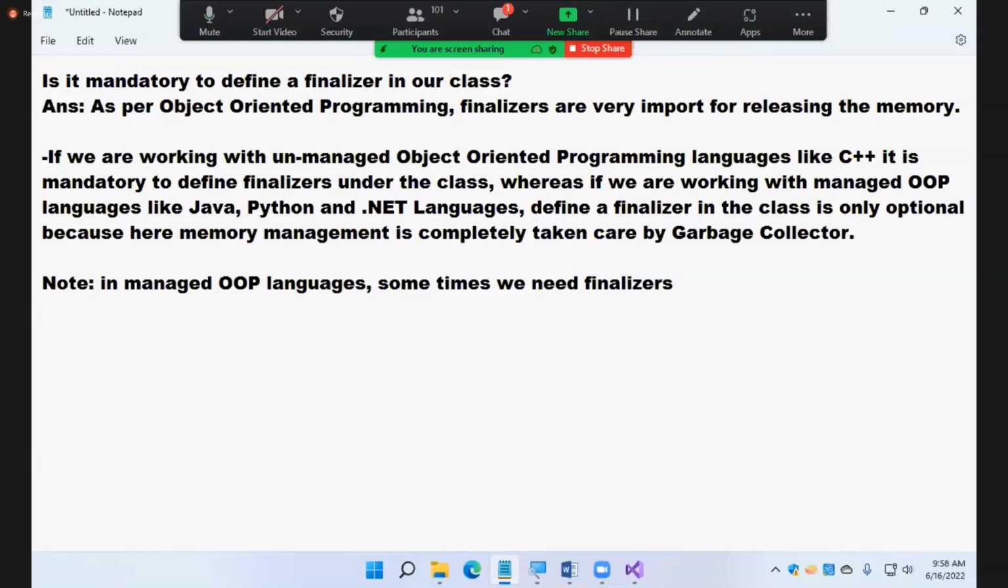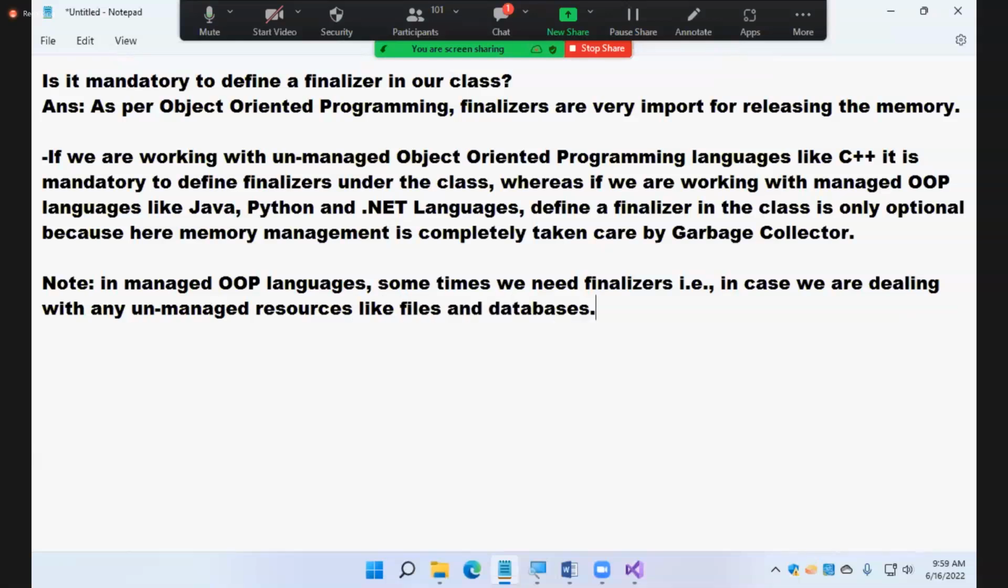100% you cannot say no, sometimes yes. When? In case we are dealing with any unmanaged resources, like files and databases. What exactly is it? Listen. Actually,